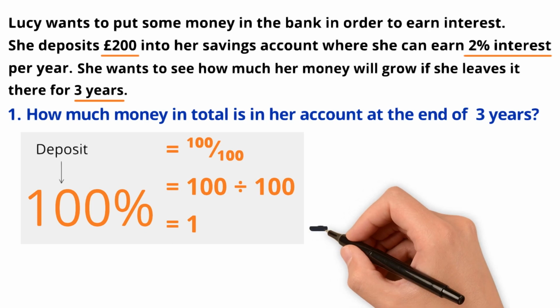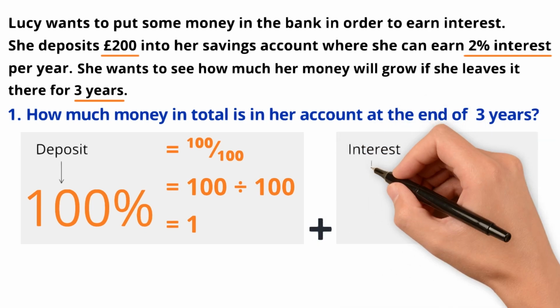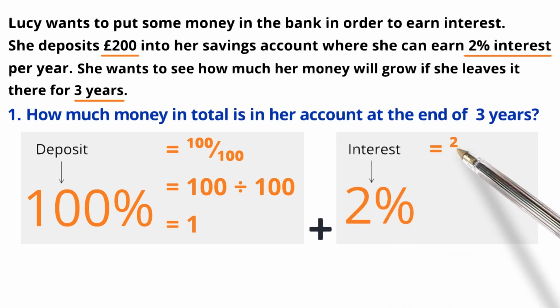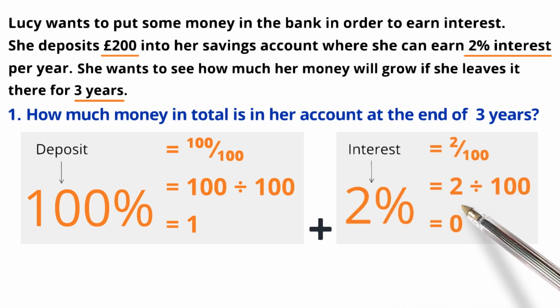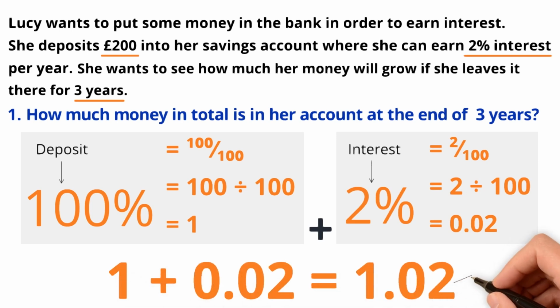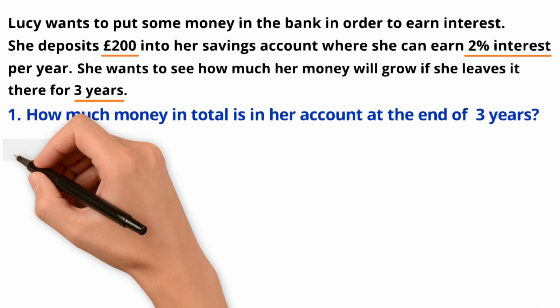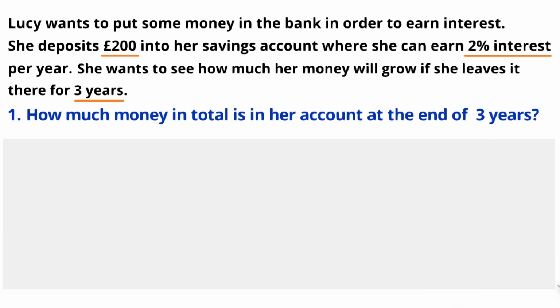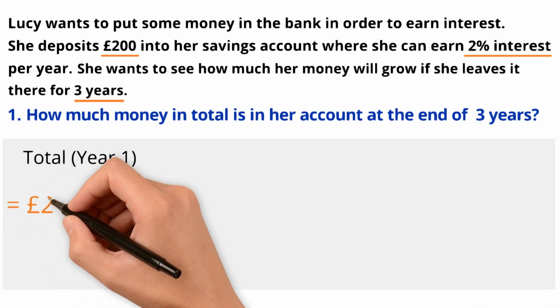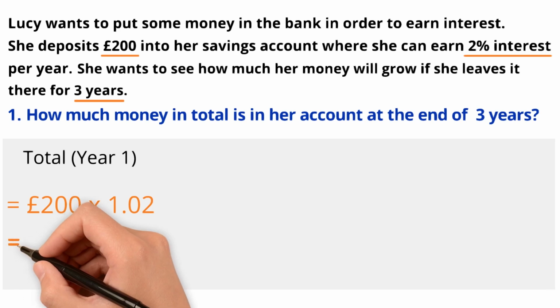We want to increase this amount by a percentage, i.e. the interest earned, in this case by 2%, which divided by 100 is 0.02. This gives us 102%, or 1.02, which represents our initial deposit plus the interest. So we take our multiplier, 1.02, and times this by Lucy's initial deposit of £200, which gives us £204 after